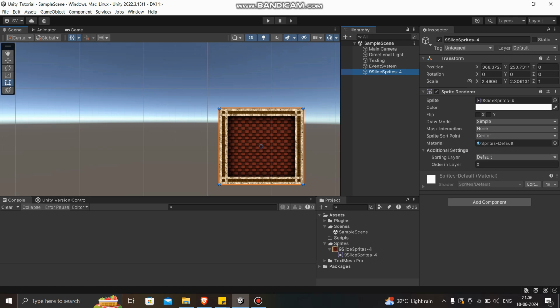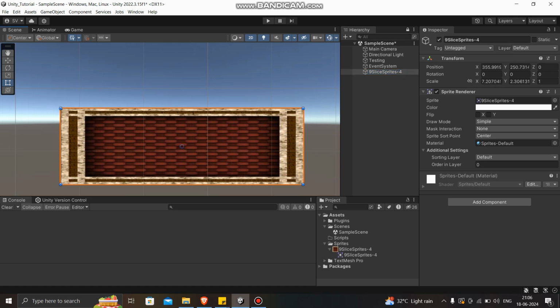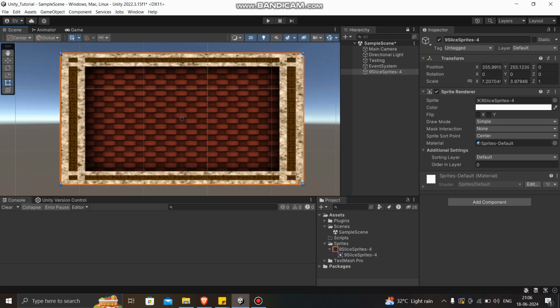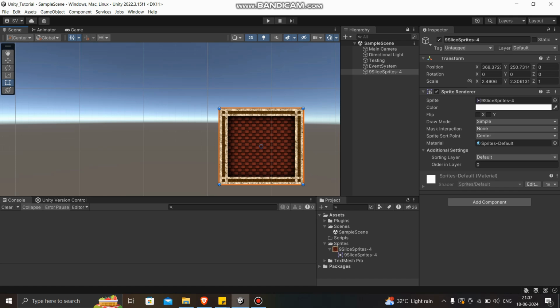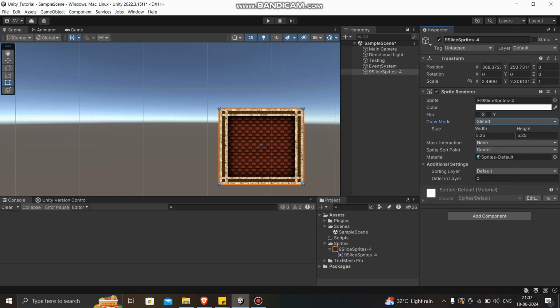Okay, then I'm trying to stretch. Now itself it's not stretching properly. So what I'm going to do is change the draw mode in the sprite renderer. By changing it to sliced, you can see